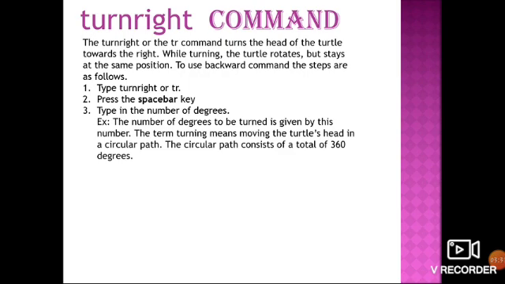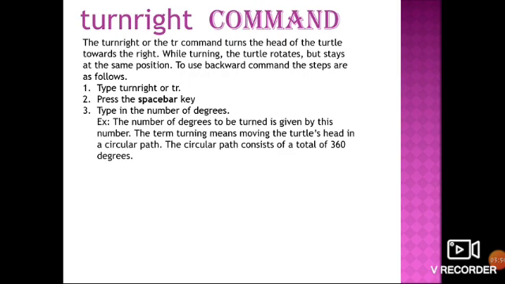So children, to use this turn right command we have to first type turn right or TR and then press space bar and then type how many degrees the turtle has to turn.